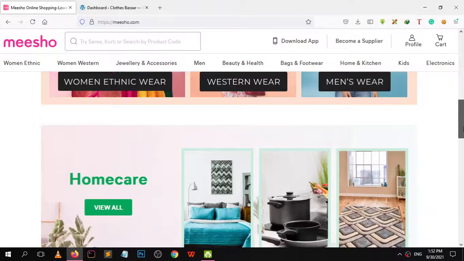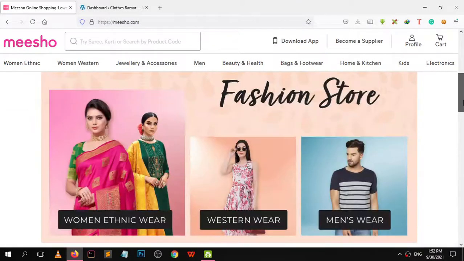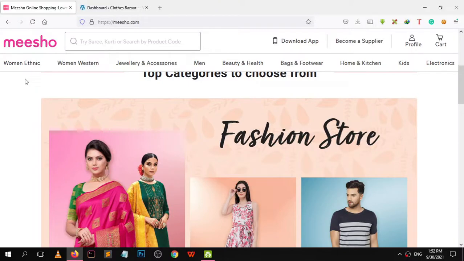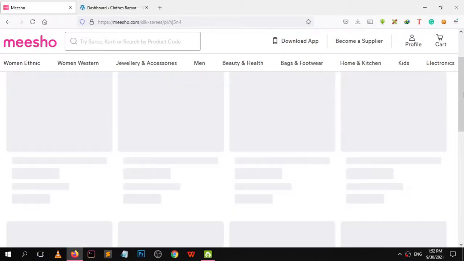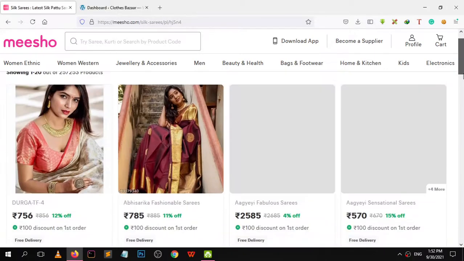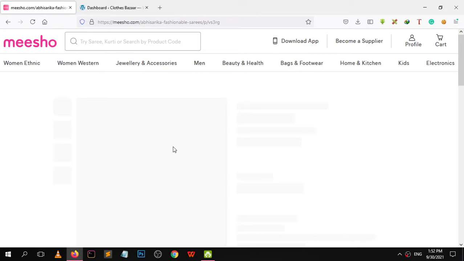This is the Meesho website. Let's say we want to add this sari to our website.